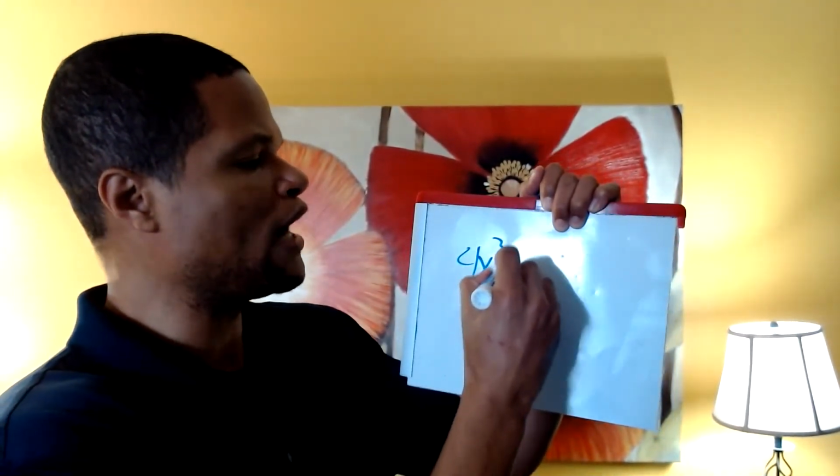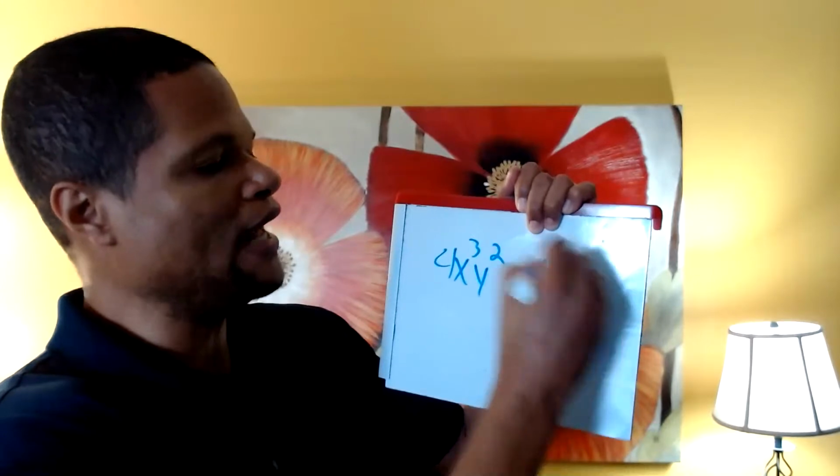So this might be a little all over the place if you haven't had me in class, but this is meant for people who are specifically needing refreshing reminders as to what we discussed. So remember, if you're asked to classify a polynomial based on degree and number of terms, it could look a lot of different ways, quite frankly. Okay, I have a few samples here, but maybe I'll just put this one up for a sample. Let's say you had 4x cubed y to the second minus 10.